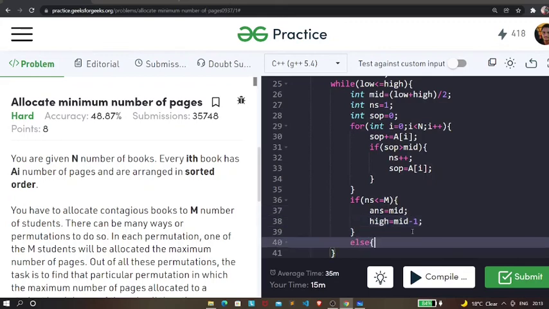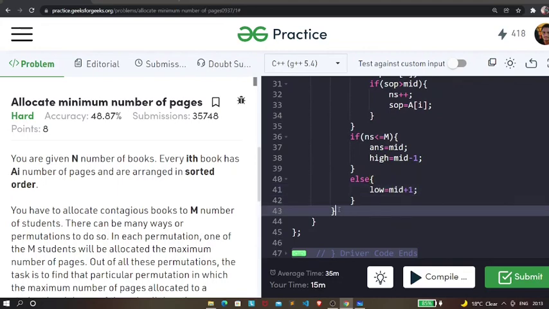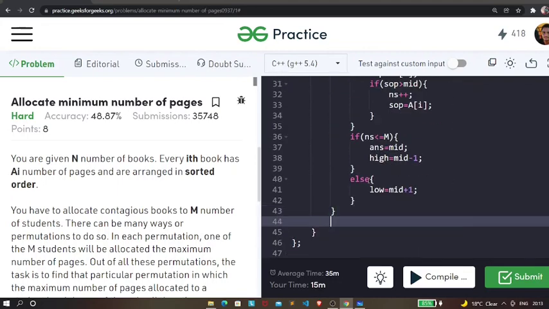And if this condition doesn't satisfy, then we need to increase the sum, and hence we're going to update our low. Now coming out of the while loop, once it is terminated, we need to return answer.